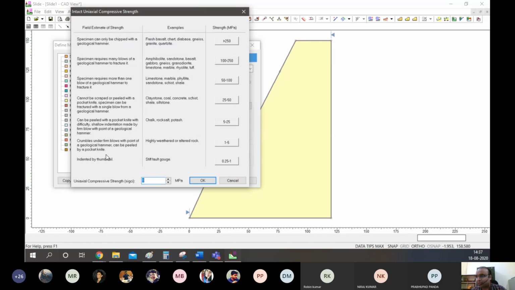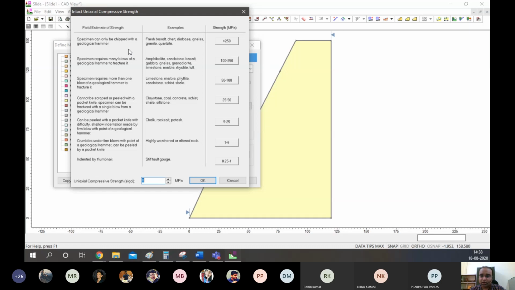So you can see what the field estimate of strength is. For example, if it is indented by a thumbnail, that means it has a very low strength, while a specimen that can only be chipped with a geological hammer has a higher strength. In a geological survey, there are many methods.